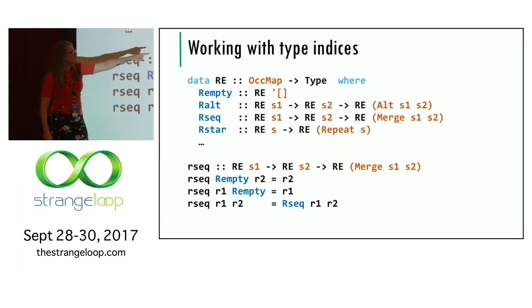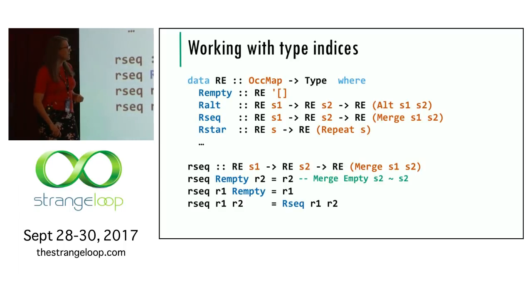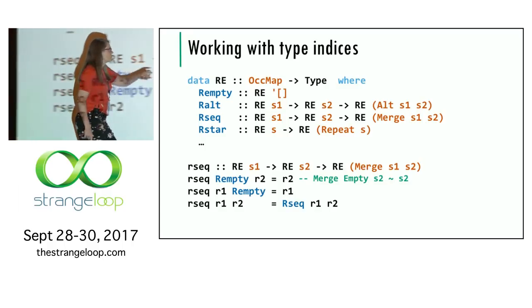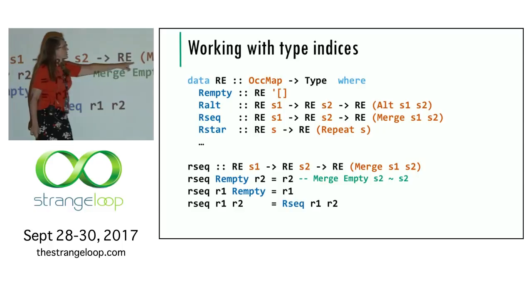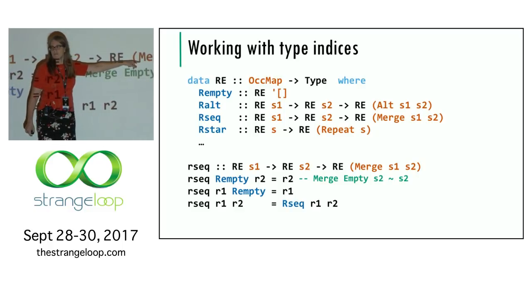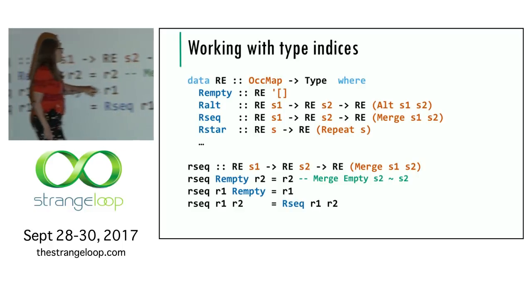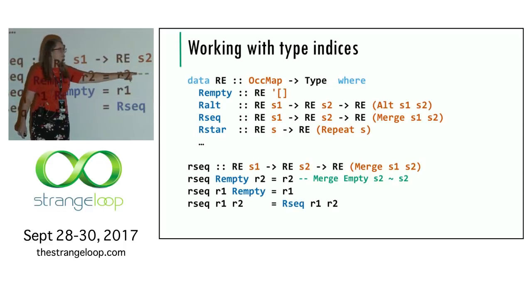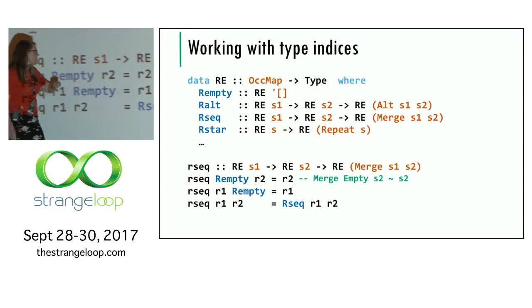Right? We have these index types around. And when we get to this line, the type checker actually has to do a little bit of proof, because we said the result type of this function is the merge of the two arguments. But we're providing R2, which just has this type. So we need to know that the merge is equal to S2,